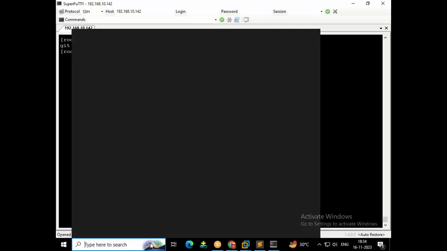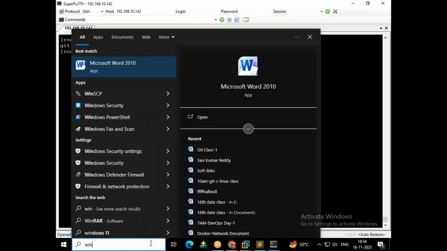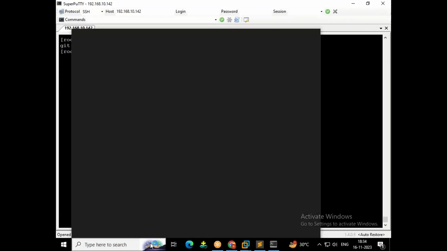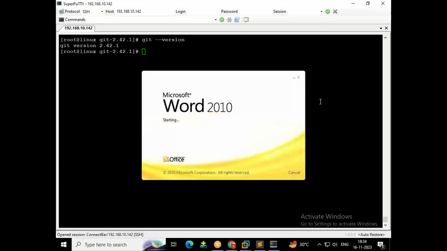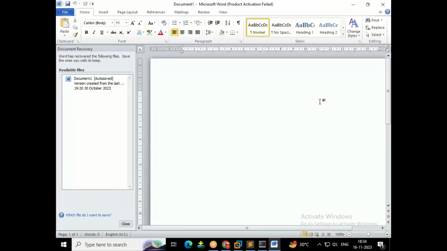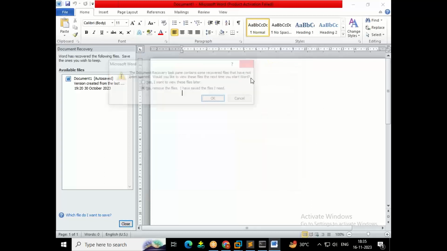Guys, in last class we discussed how to install Git and how to set the path. We discussed Git installation methods. One is yum install git, and another is downloading the tar.gz package, extracting it, installing the prerequisites for the package, and after that compiling and executing it. Okay, guys. Next, in today's class,